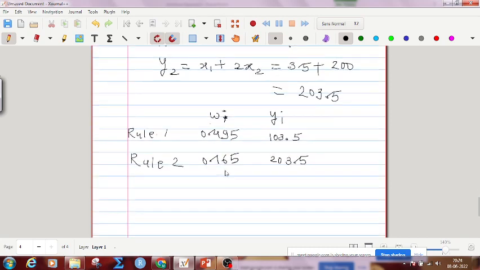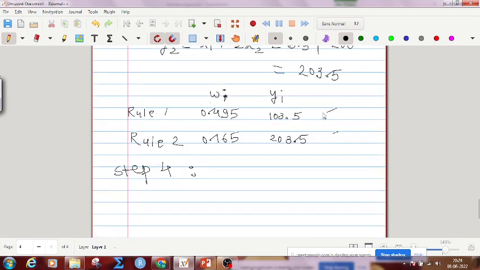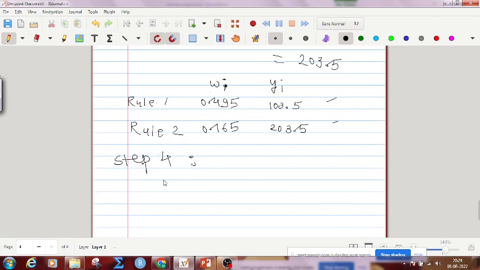Now you can calculate the required value. I will call this the last step, step number 4 actually. So this is the evaluation of the rule here, and at the end step 4 gives me the value for x star. X star is equal to w1 y1 plus w2 y2 divided by w1 plus w2. So it is equal to w1 y1, that is 0.495 into